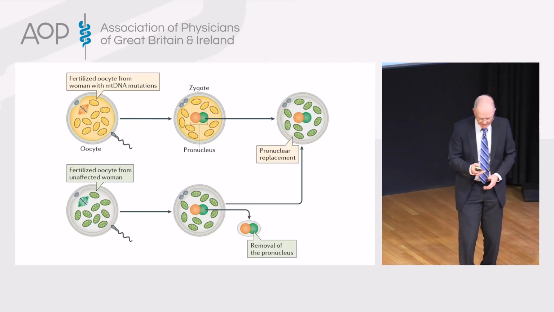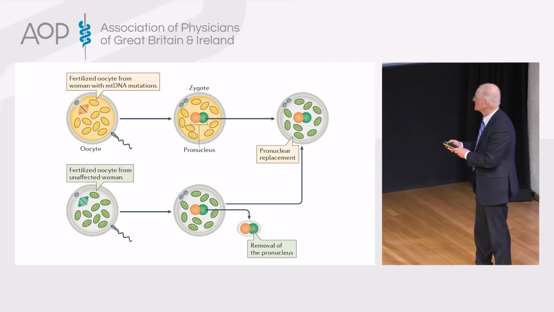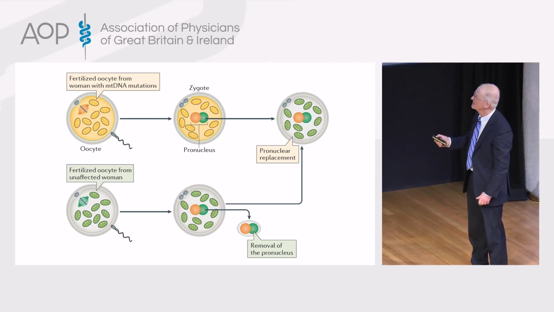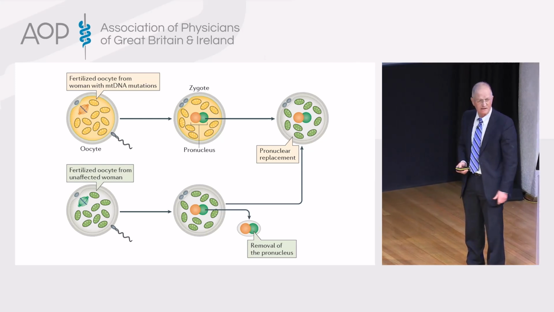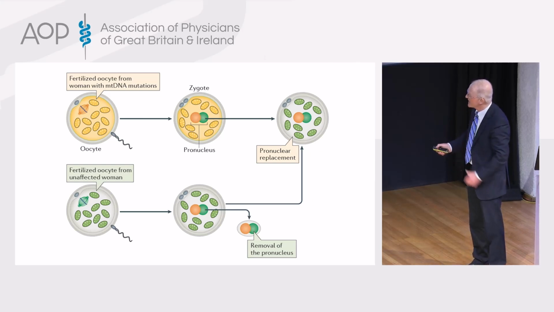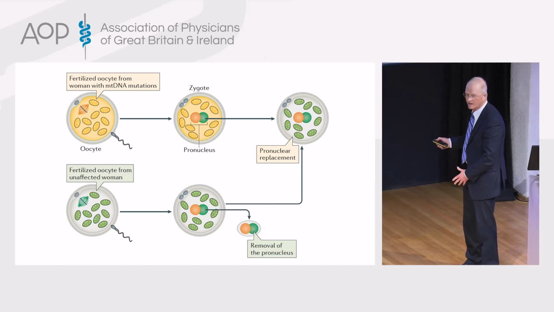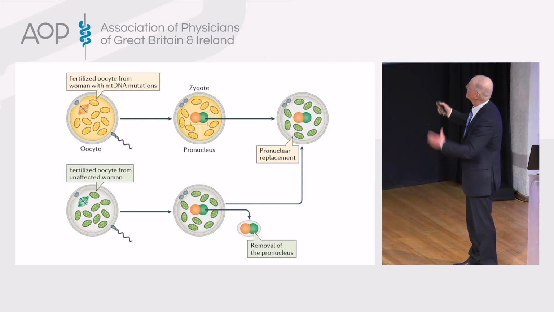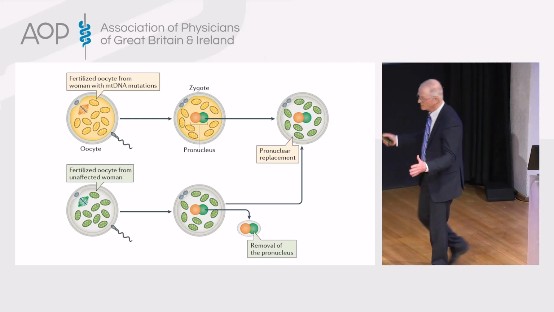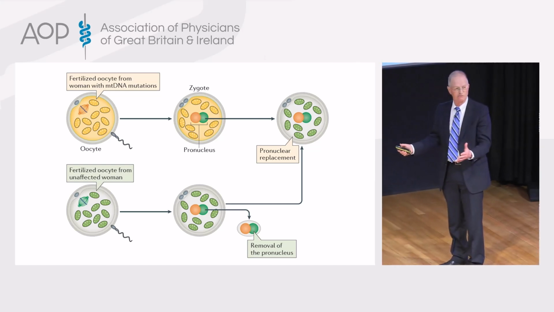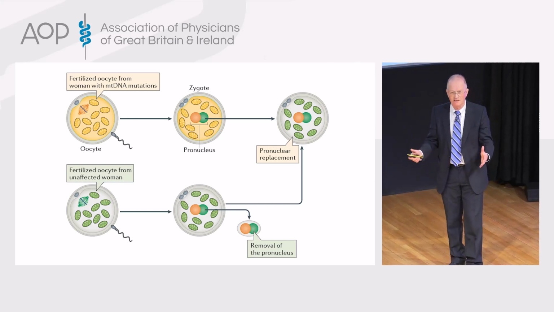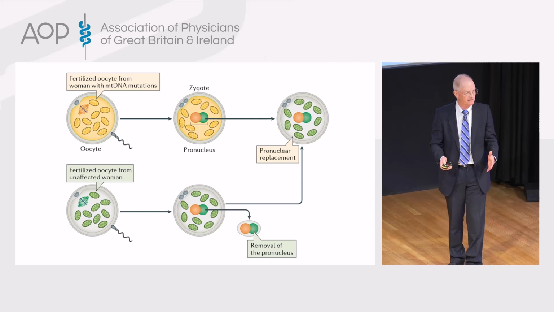So what is the principle of this? Well, you have a woman who has mitochondrial DNA disease, which is this oocyte or egg. It's fertilized, and you get 2 pronuclei. You get a donor egg, which is normal mitochondrial DNA. You fertilize it, you remove the pronuclei, you transfer these 2 pronuclei to the enucleated egg, and you've got an egg which has got the nuclear DNA of both parents, but the mitochondrial DNA of the donor woman. So in theory, that should be a way to prevent the transmission of mitochondrial DNA disease.